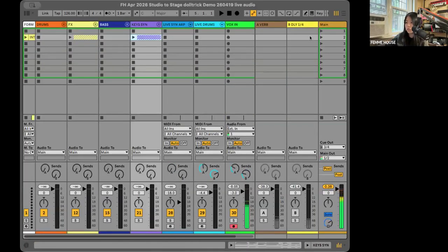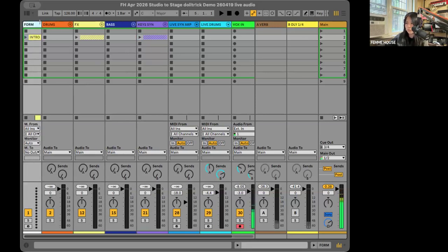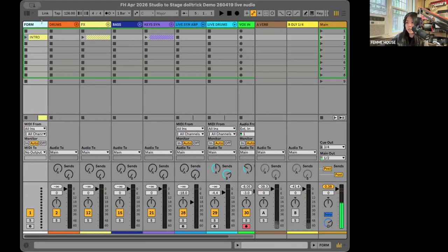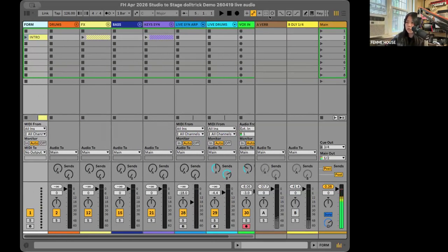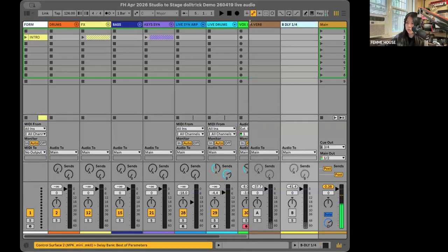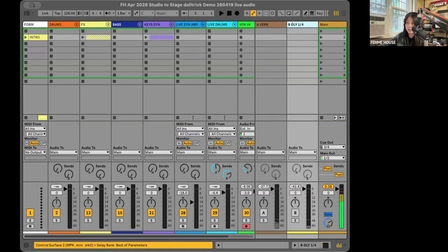And if I launch this scene, let's also make this form track a little bit larger. If you ever want to change the width of any track or a track group, you just have to hover over the top right of it and click and drag to the right or the left. The only exception, I think, is if you're dealing with the return tracks, and then instead of clicking on the right side, I think it's the left side. Okay, but now if we launch the scene,